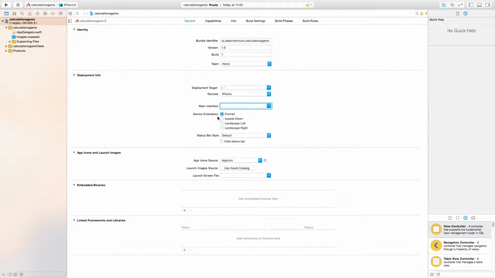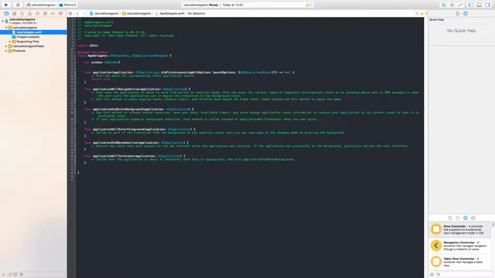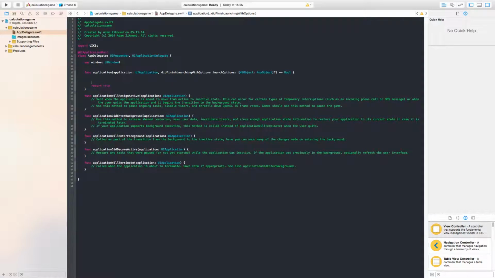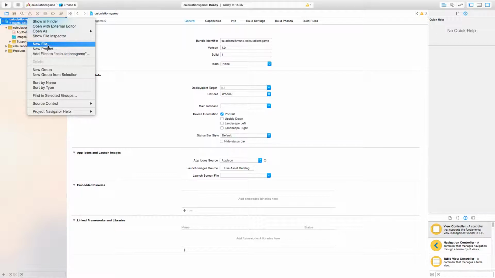So now I will uncheck the landscape because the application will only support the portrait mode. Now in my delegate I will remove this line, and first of all I have to add a new